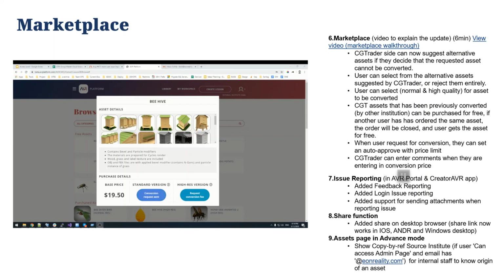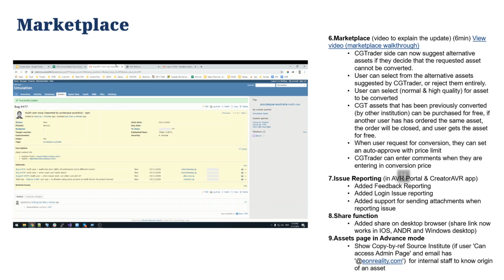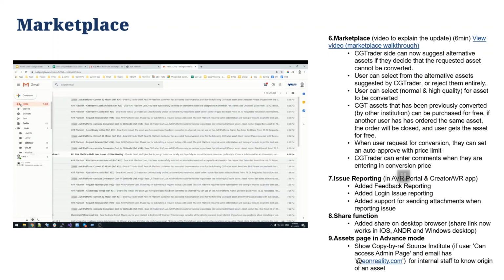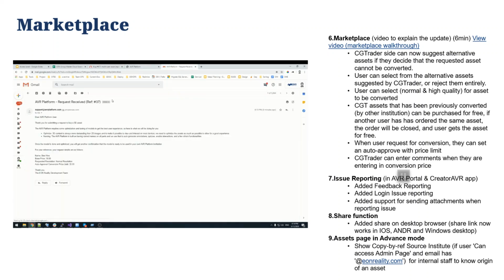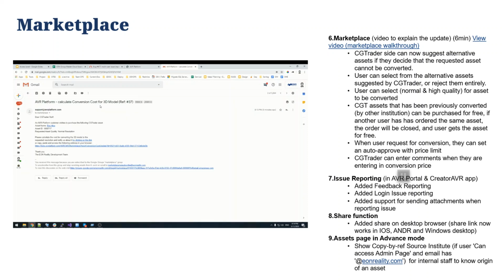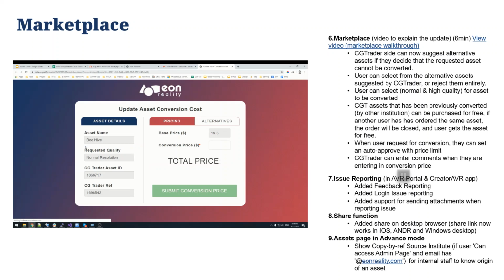Alright, the request is done, and in the email the user would get this email to acknowledge that the request is received. And for CGTrader staff, they would then get this email: the client wishes to purchase this asset, and they can click on this link to indicate. So if I click on this link, okay,